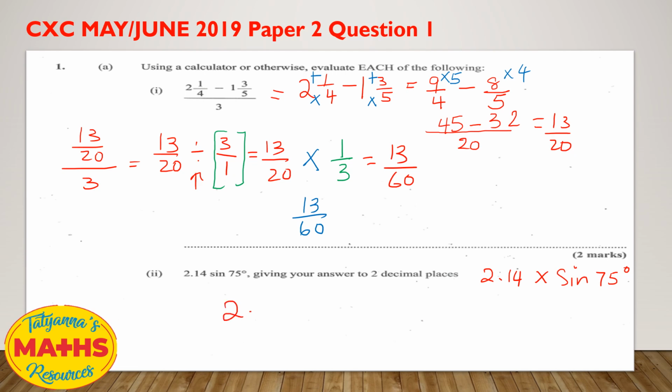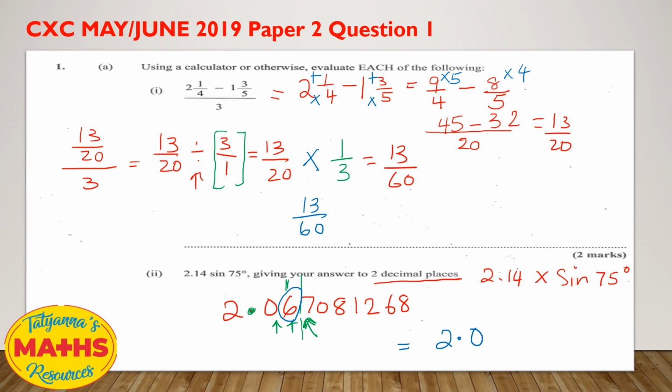I got 2.067081268. Now our answer is to 2 decimal places, so let's count. Decimal point 1, 2. We're going to draw a line here. I'm going to check this place value here, this number. It is 5 or more. Yes, it is. So this number here is going to be rounded up. We're going to add 1 there. So the final answer is 2.0